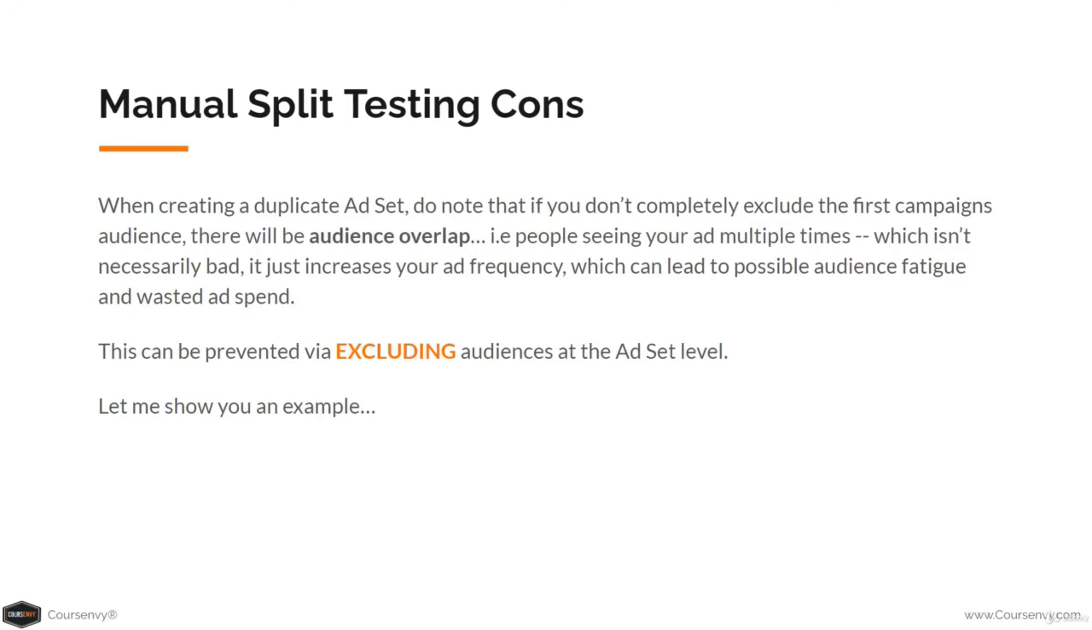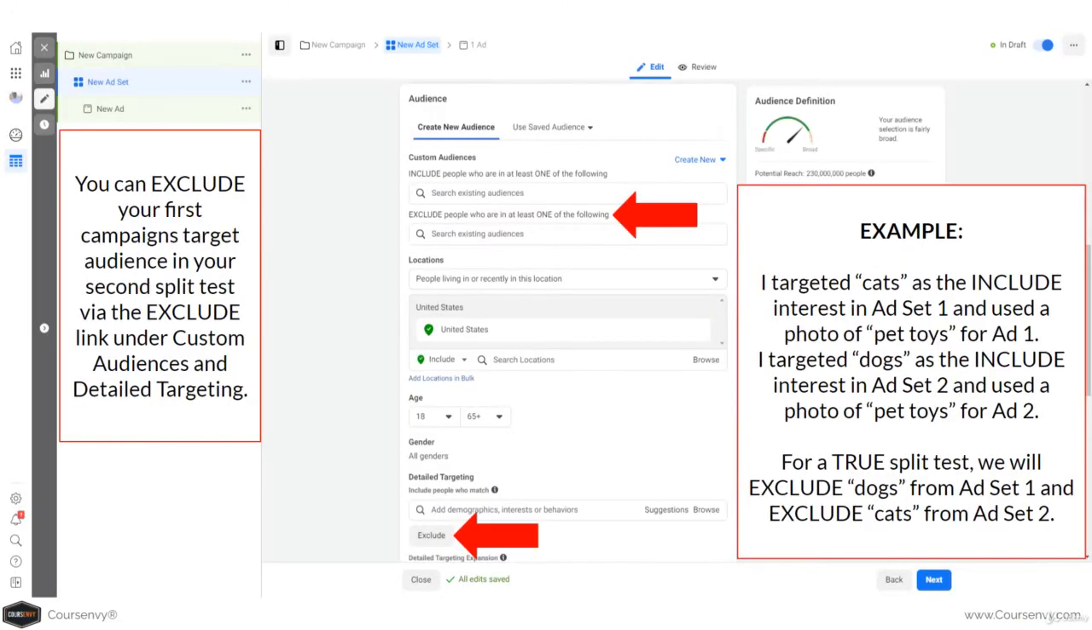It just increases your ad frequency, which can lead to possible audience fatigue and wasted ad spend. This can be prevented via excluding audiences at the ad set level. Let me show you an example. You can exclude your first campaign's target audience in your second split test via the exclude link under custom audiences